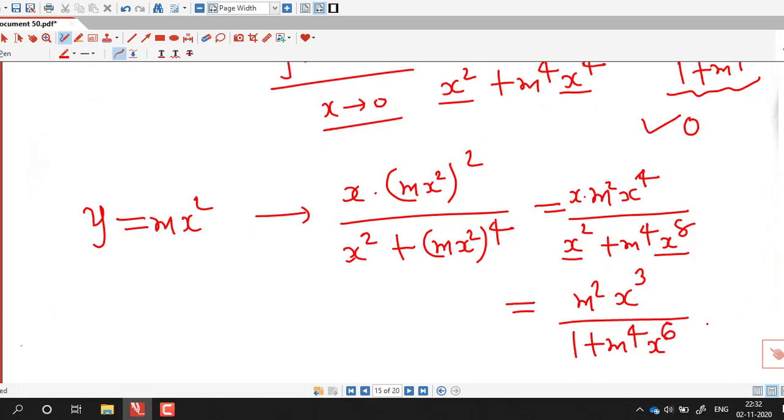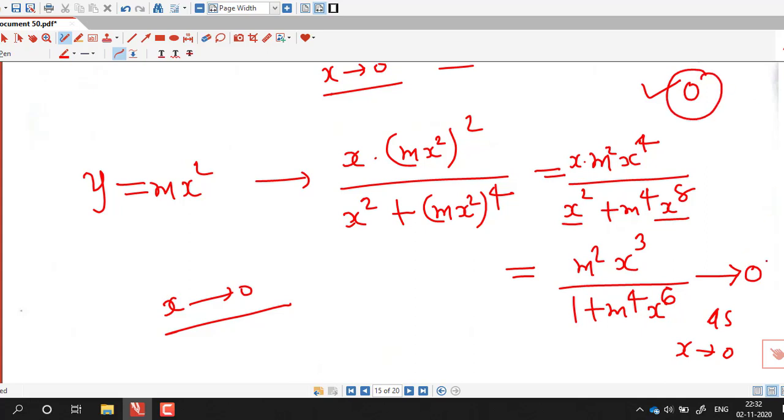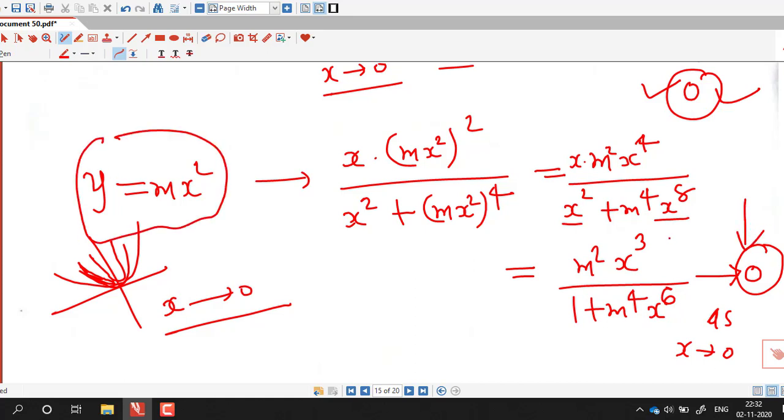And if we take xy tends to 0, 0, we will have x tending to 0. So this will tend to 0 as x tends to 0. So we obtain the same limit along y equal to mx square, along this type of parabolas. Along y equal to mx square we are getting the same limit, which is 0. So along each possible line y equal to mx, limit is 0. Along each parabola of the form y equal to mx square, limit is 0.